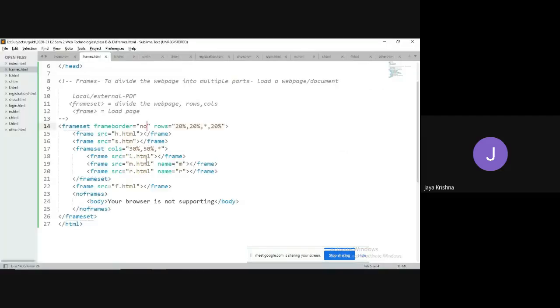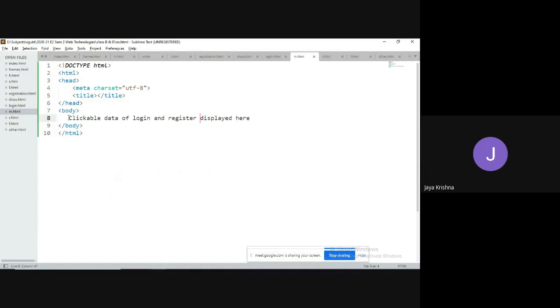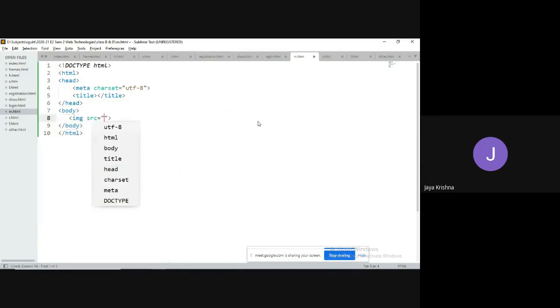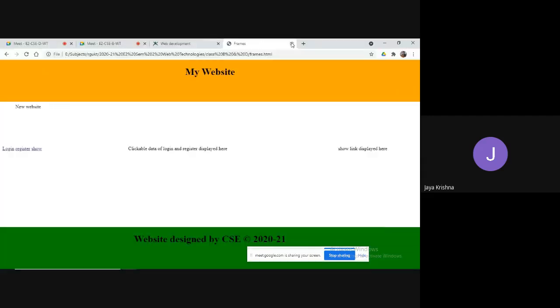So instead of this, what I can do is in the m.html file, I can load some image.